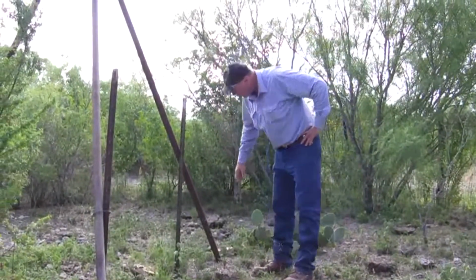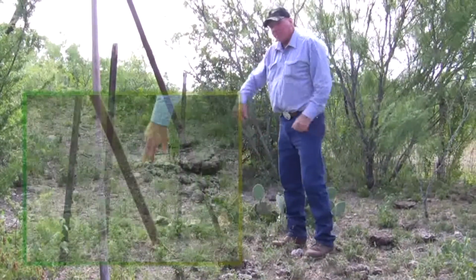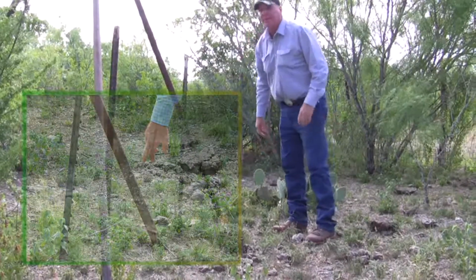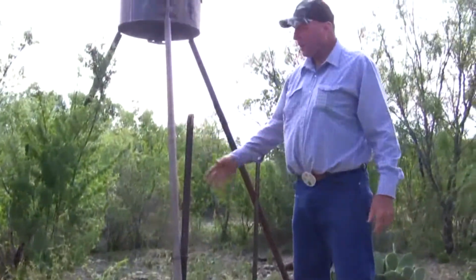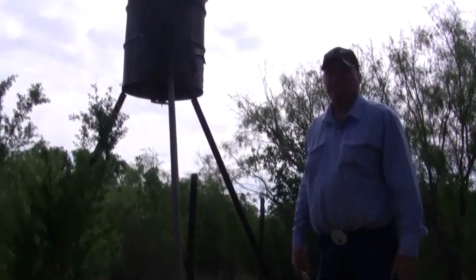Okay, you can see here on this leg of this deer feeder where the hogs have come along and shaken the mud off, and they left spots on the post and on this leg of the deer feeder. There's rubs here. If you don't have this feeder anchored down, the hogs will turn it over and all your corn feed will spill out, and